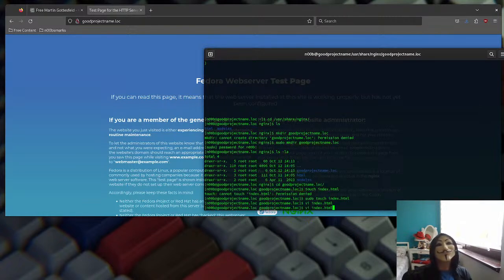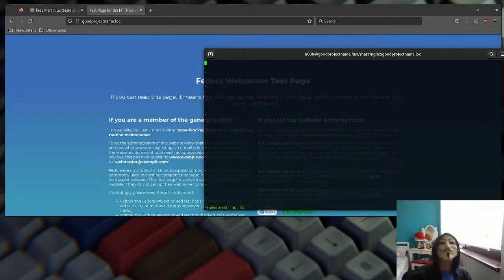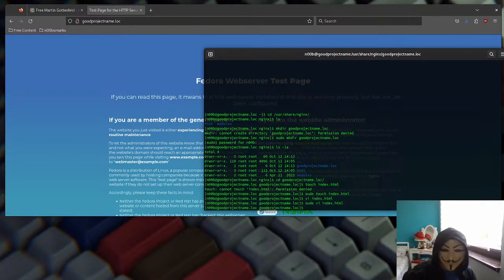My friend, sudo. Okay. Now, since this is done, we have this file,